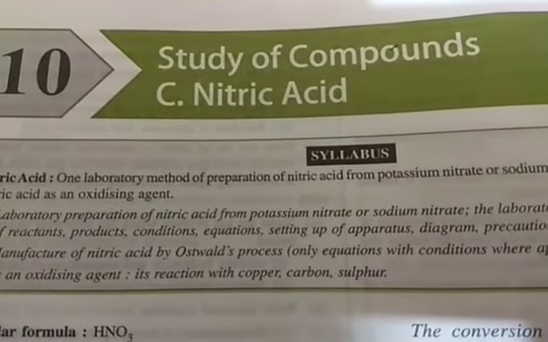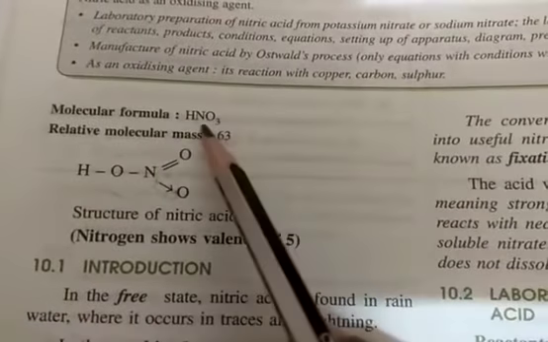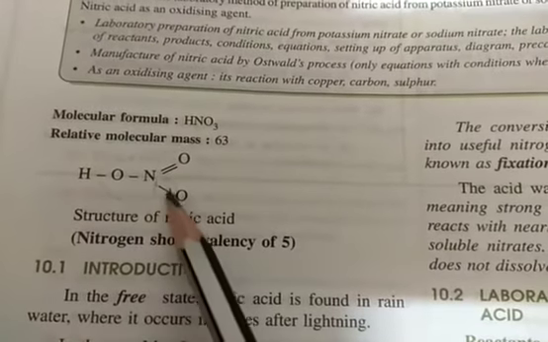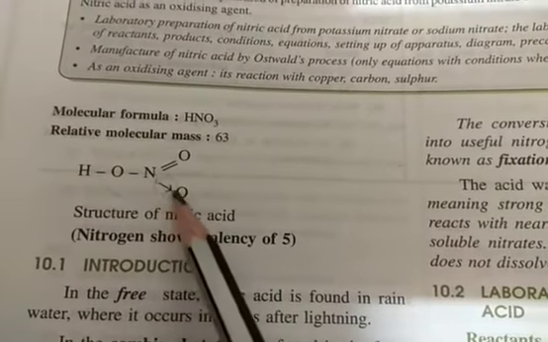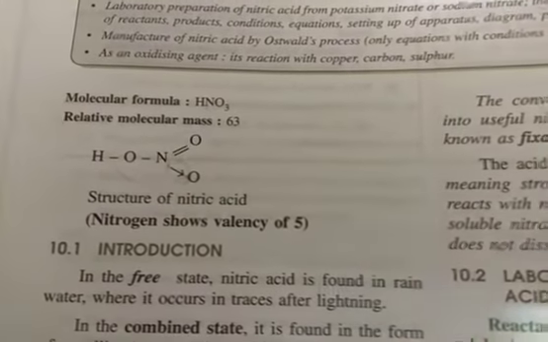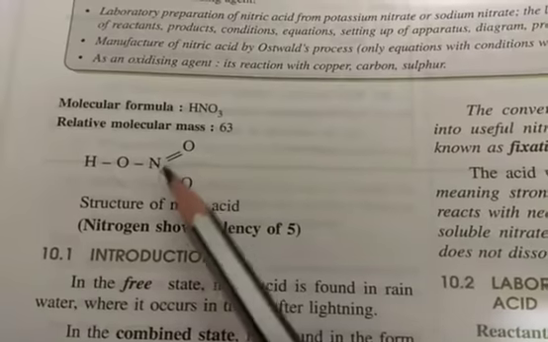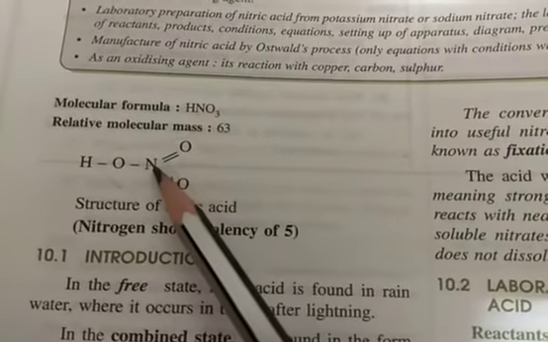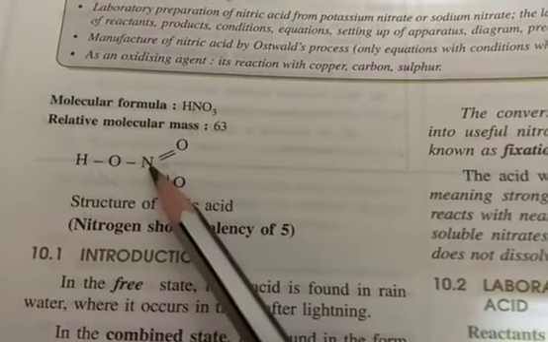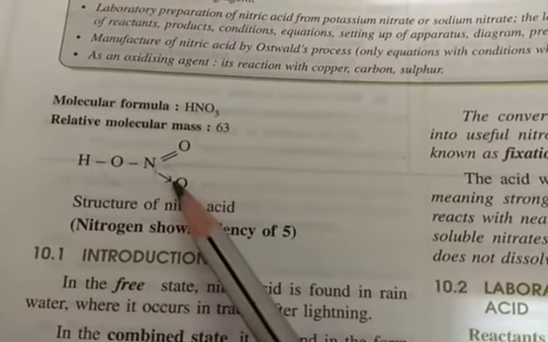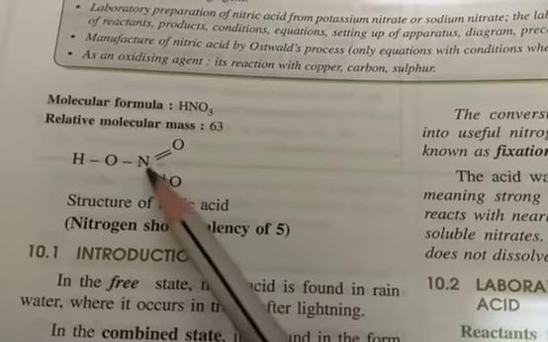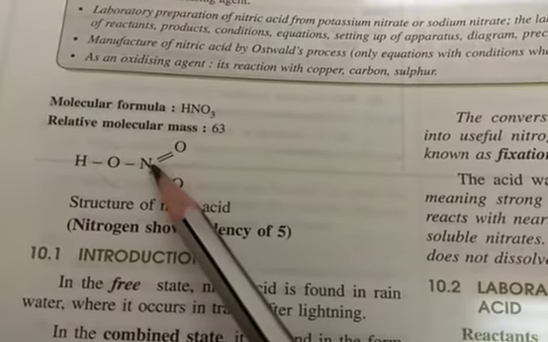Good morning, students. So this is the formula for nitric acid and this is the structure, and this arrow you can see is showing that the bond between this nitrogen and this oxygen is a coordinate bond, which means that the one lone pair which was present over this nitrogen in this molecule was donated to this oxygen. So one electron is there, one electron is here, so both the electrons belong to nitrogen only.